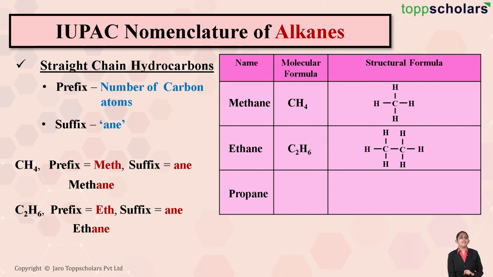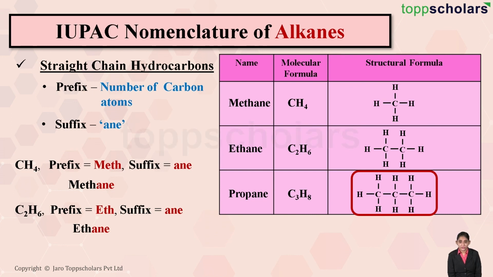The next compound we have is propane. What is the molecular formula of propane? C3H8. How many carbon atoms? 3 carbon atoms. These 3 carbon atoms are bonded to each other by single covalent bonds. And you can see the 8 hydrogen atoms satisfying the tetravalency of the 3 carbon atoms. The first carbon atom is attached to 3 hydrogen atoms, the second carbon atom is attached to 2 hydrogen atoms, and the third carbon atom is attached to 3 hydrogen atoms. So this is the structure of